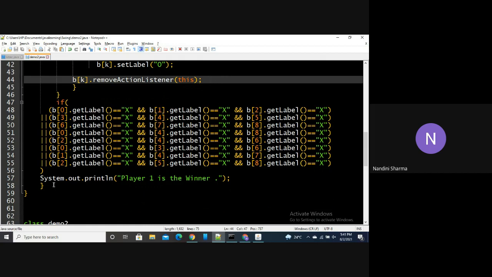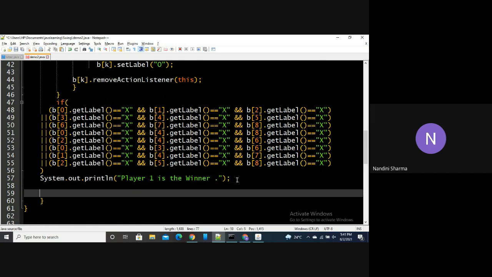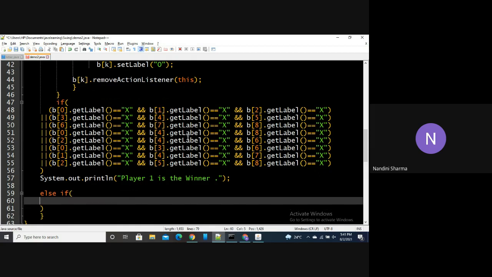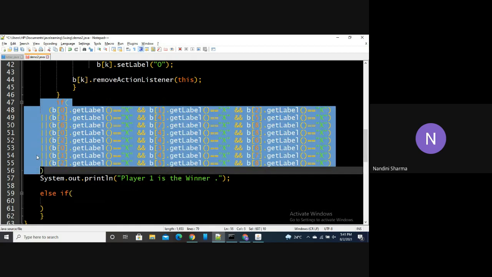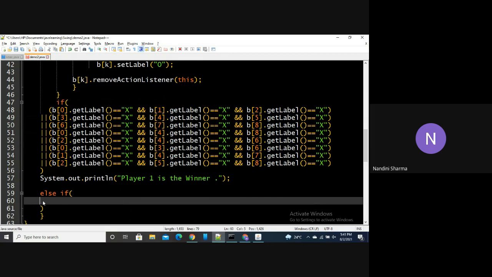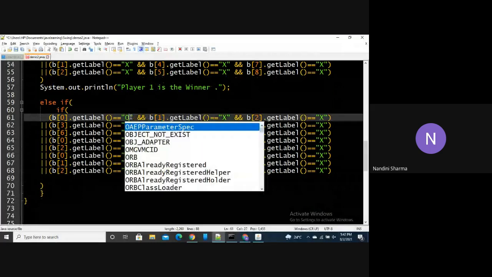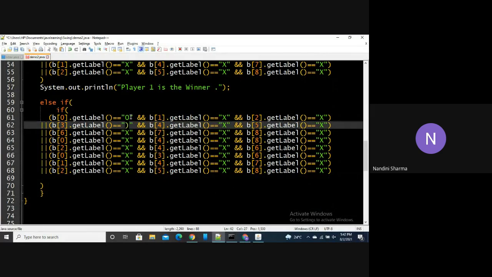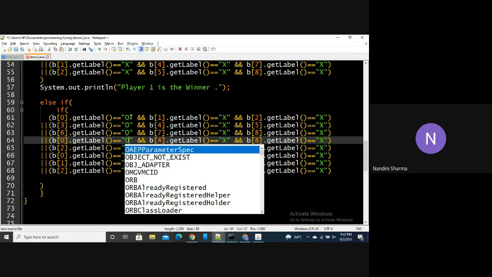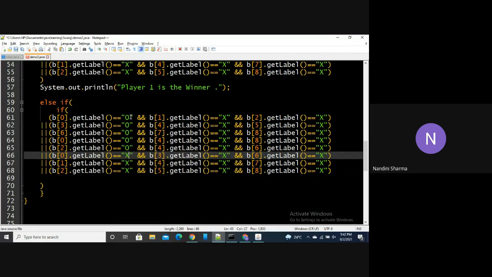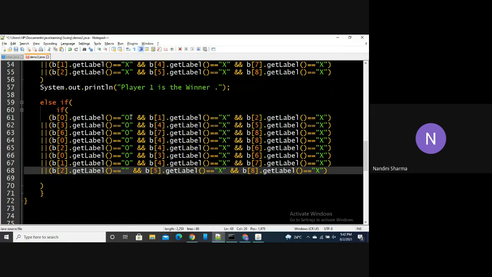Now we will use the else if condition, and inside the else if condition we'll copy all this and paste it, and we will change the labels from cross to O. This is the easiest part of today's code.